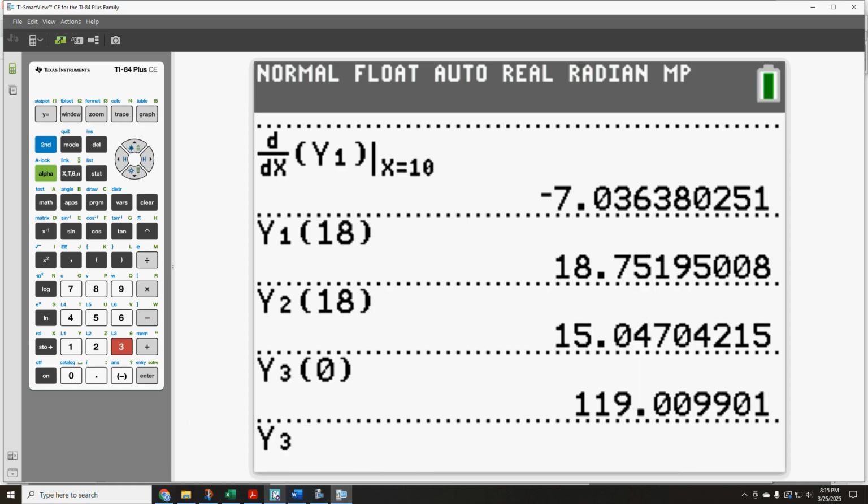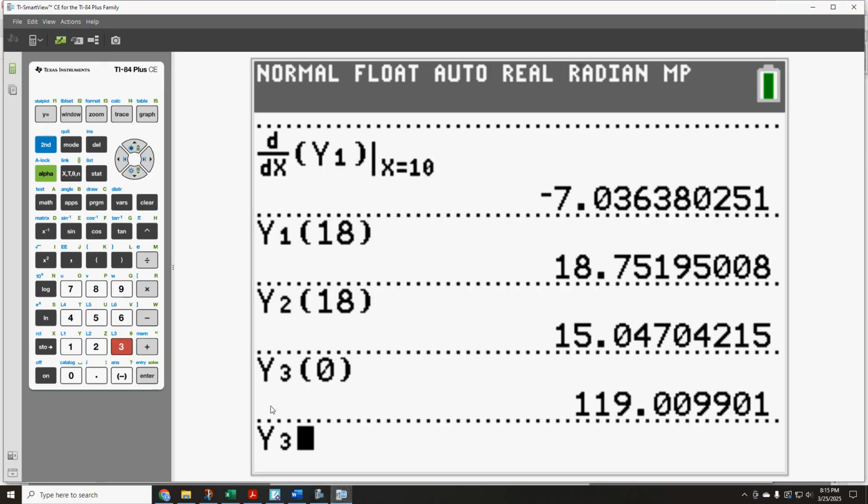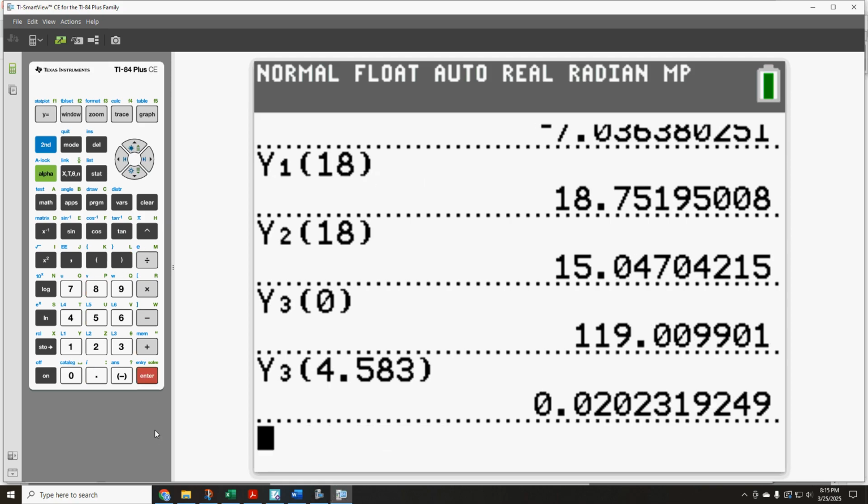Well, my second one was, what was it? It was 4.583. That's close enough. 4.583. So I'm going to, wait, come on, calculator. 4.583, close my parentheses, and I get, oh,